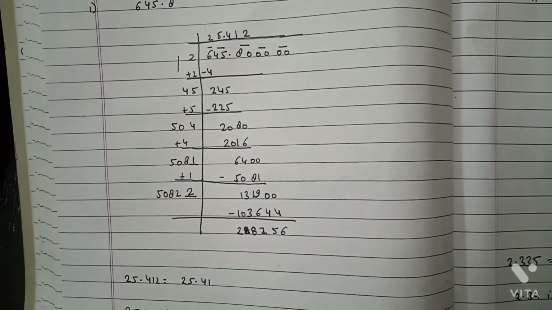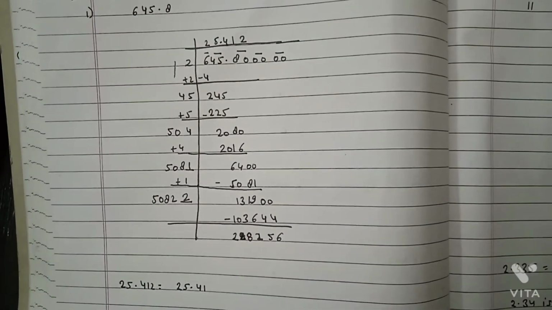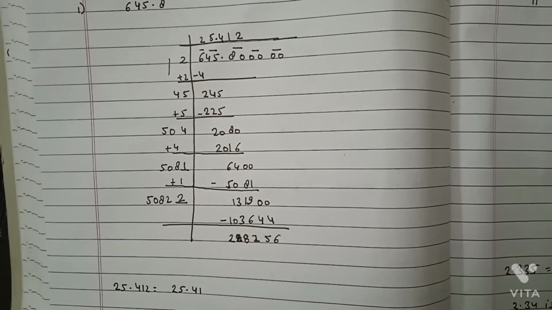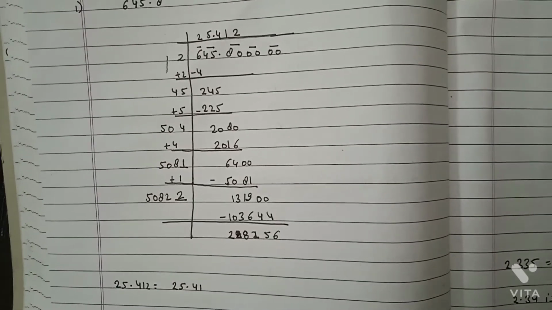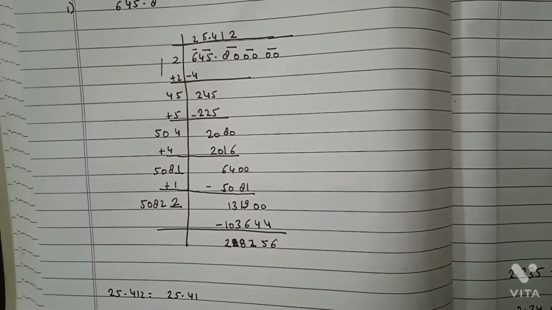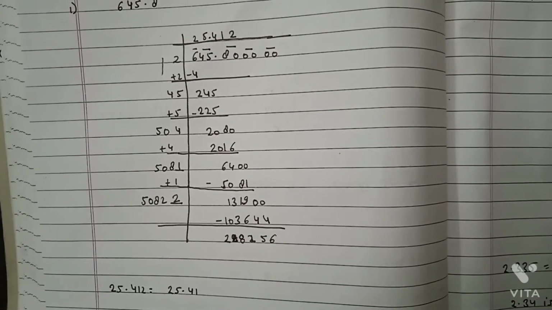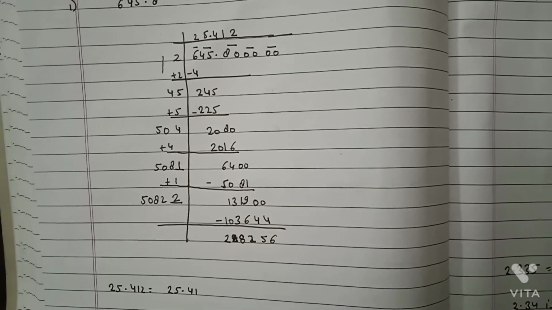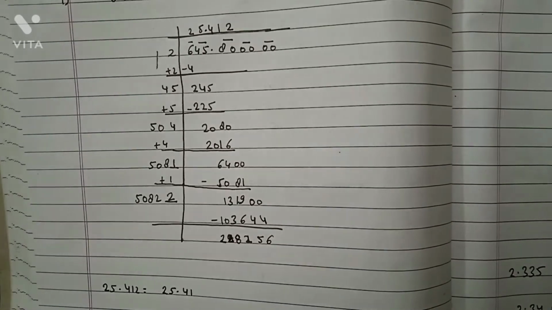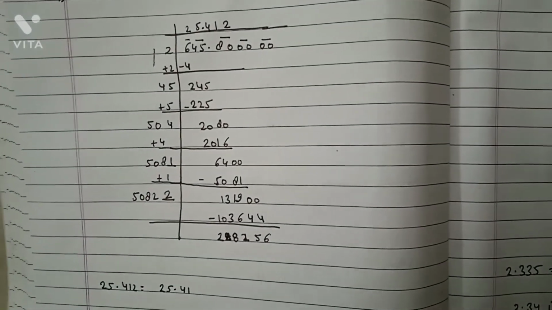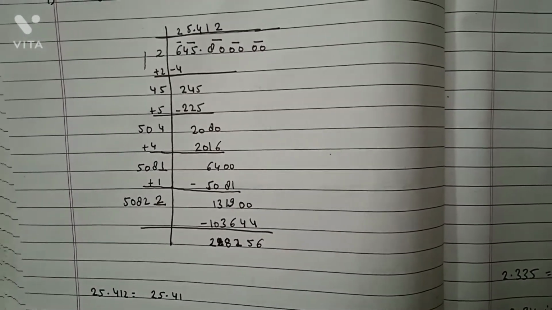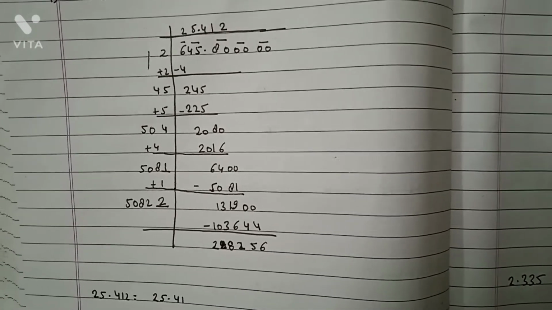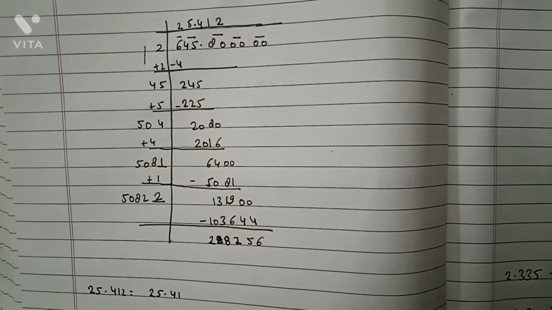So after adding 2 on the other side, the number becomes 4. For that we have taken 5. 45 into 5 equals to 225 and the remainder left is 20. Again the pair comes down, it's 2080, and adding there 45 plus 5 equals to 50. So we have taken 504 into 4 equals to 2016 and the remainder left is 64. Again the pair comes down, which is 00. So 5081 into 1 is 5081 and the remainder left is